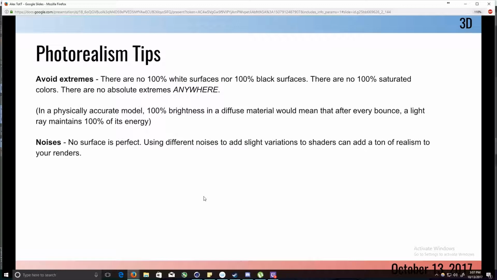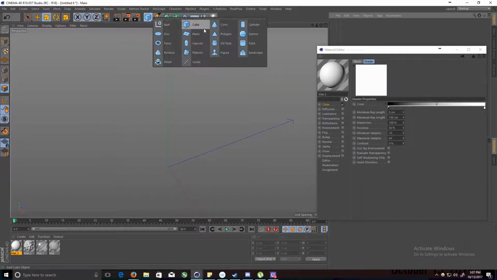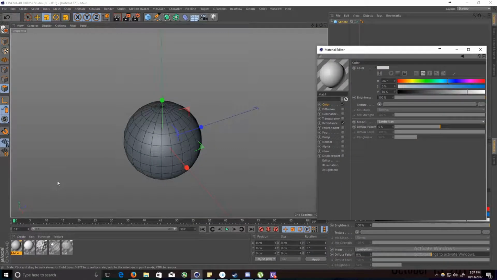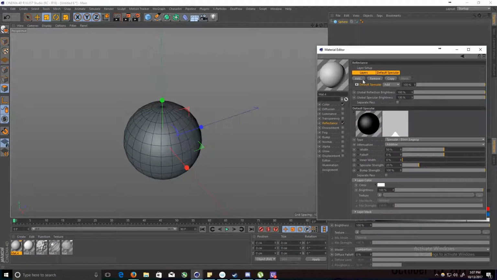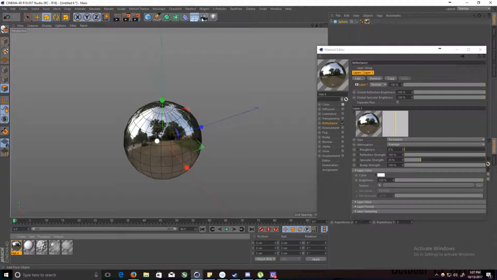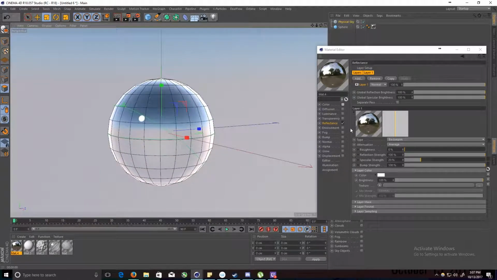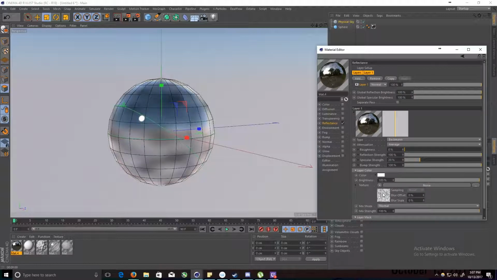You can also use a lot of noises. No surface is really perfect. Even a mirror, you can use a noise to drive very small variations in how much is being reflected. And that can add a lot of realism to your renders. So like if I wanted to have this sphere, so I have this sphere and it's reflecting the environment, I could just add a very slight shader in here,